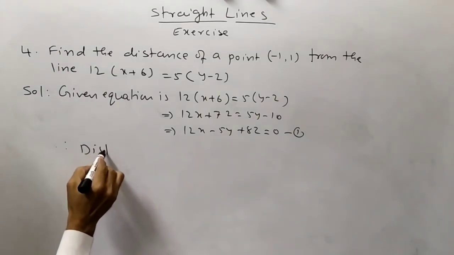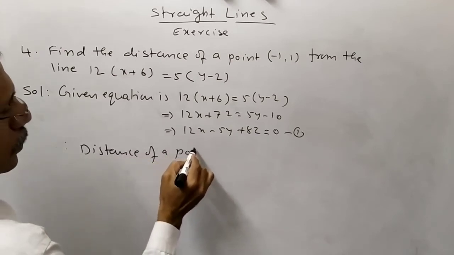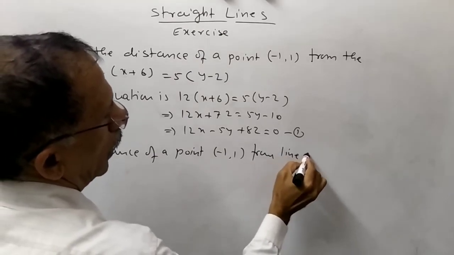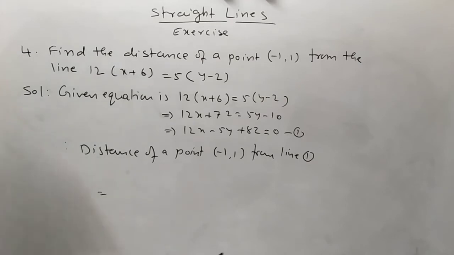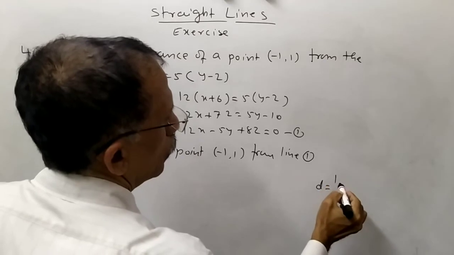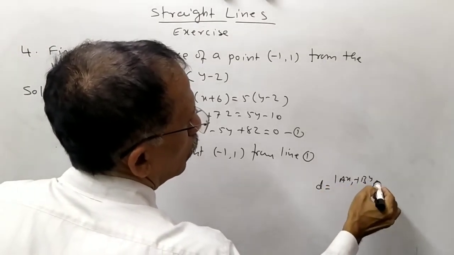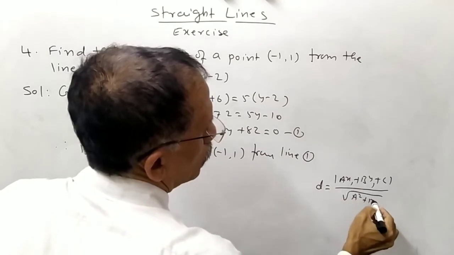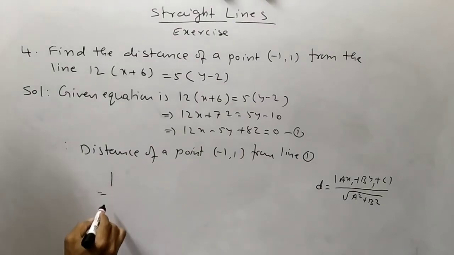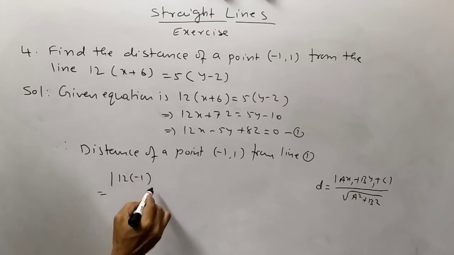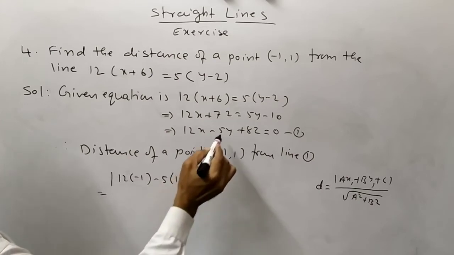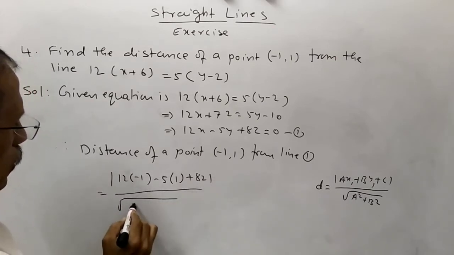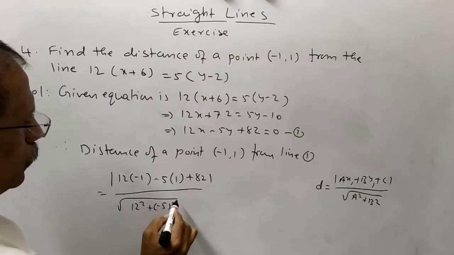Therefore, distance of a point with coordinates -1, 1 from line 1 is equal to, using d is equal to absolute value of ax1 plus by1 plus c whole divided by square root of a square plus b square, we get absolute value of 12 into -1 minus 5 into 1 plus 82 divided by square root of 12 square plus -5 whole square